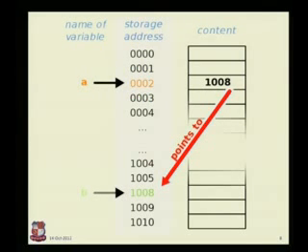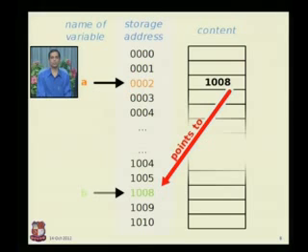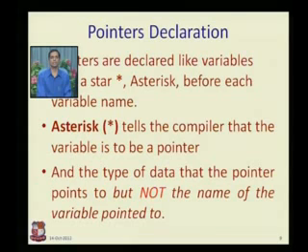I have a variable b, that is 1008. This is a pointer. Where is it pointing to? It is pointing to 1008. Here the name of the variable is a. This is at the address 002 and the value is 1008. This 1008 I have taken in b. This is again the same example as previously mentioned.